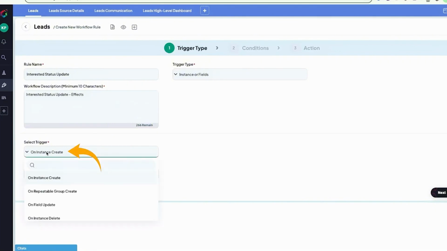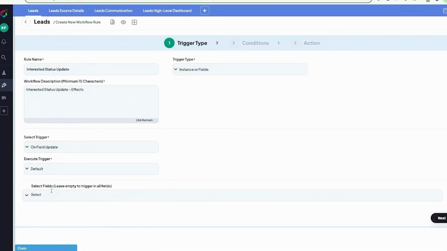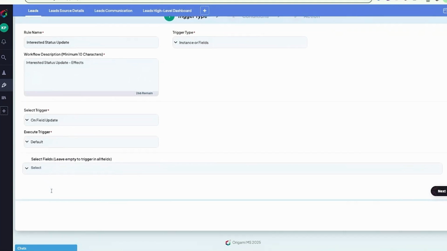Select Trigger Field. Here, we'll choose the option On-Field Update, which means the workflow will be triggered immediately when a field value is updated. Next, under Execute Trigger, we need to define exactly when we want the workflow to run. For the purpose of this video, we'll select After the Update, so the effect will trigger right after the status